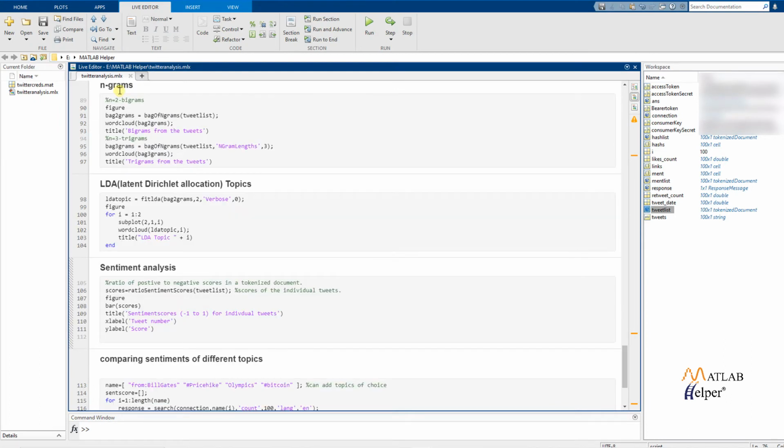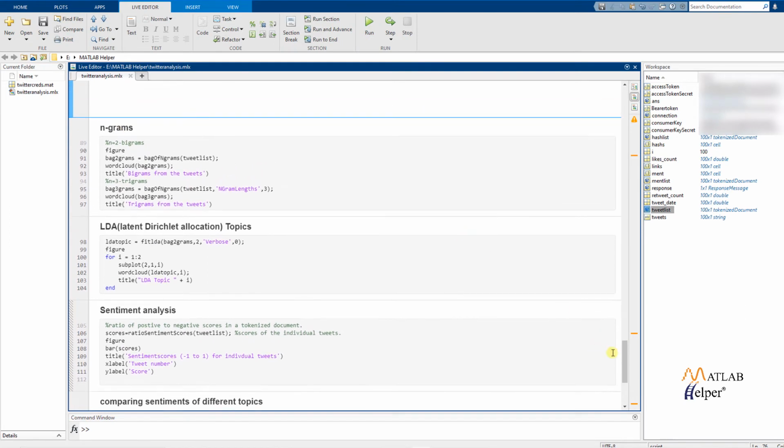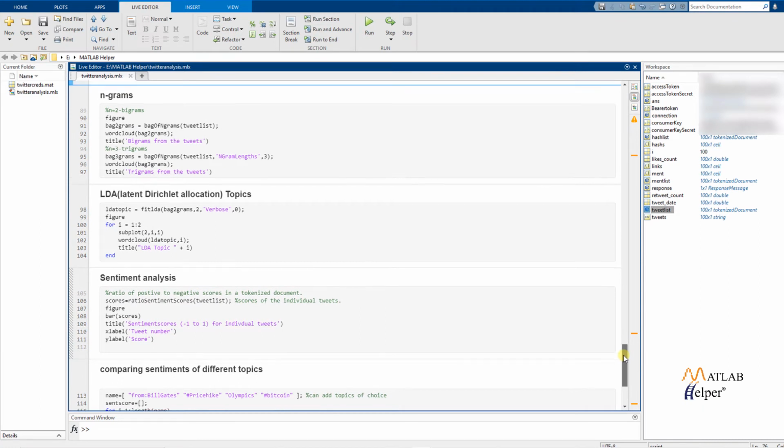An n-gram is a continuous sequence of n items from a given sample of text or speech. When n equal to 2, it represents two words in succession, and these are known as bigrams. Bigrams can be created in MATLAB using bag of n grams and passing the tweet list parameter, and this is stored in bag 2 grams variable.